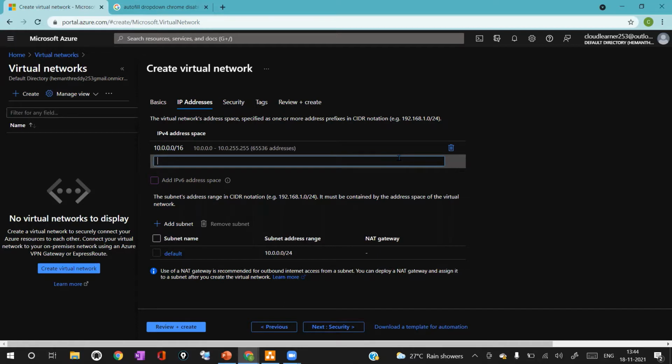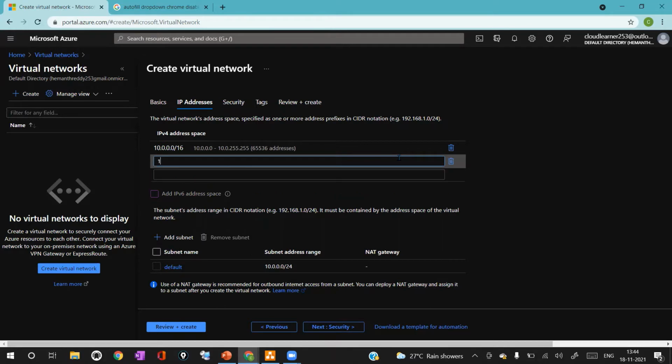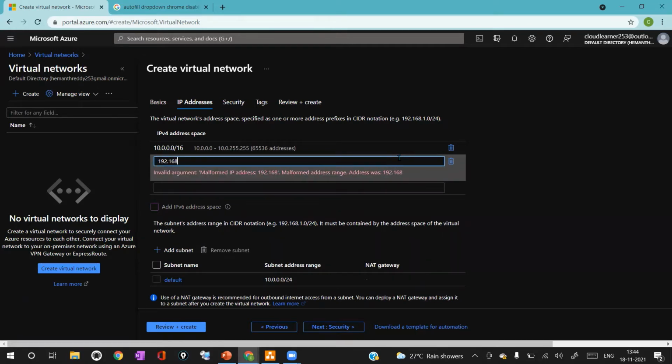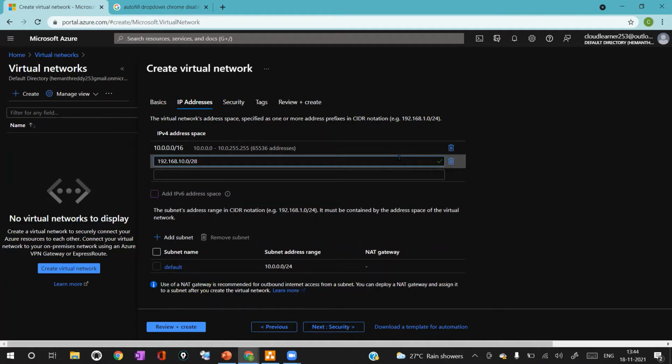If you want to give a new address space to the same virtual network, even we can add a new address space to the virtual network, like 192.168.10.0/28. So I'm giving this as my address space range. So according to your requirement, you can add multiple address spaces for your virtual network.